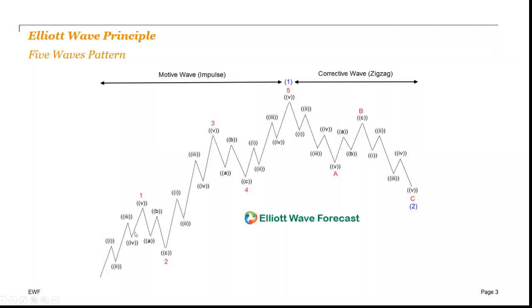So then in wave 2 and wave 4, you can see it subdivides into how many waves, guys? It subdivides into 3 waves, 1, 2, 3, labeled as an ABC, right? So 1, 3, and 5 always subdivide in 5 waves, and then 2 and 4 always subdivide in 3 waves, right? And then after we finish this entire 1, 2, 3, 4, 5,